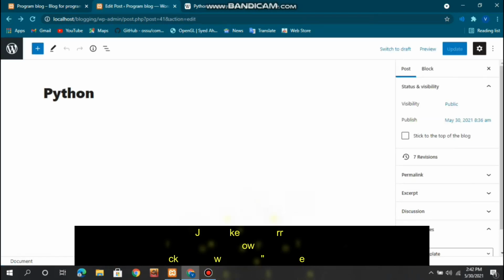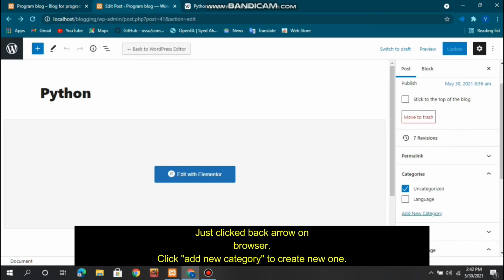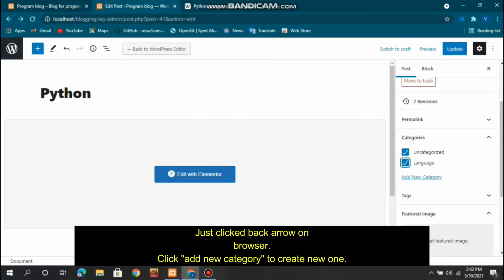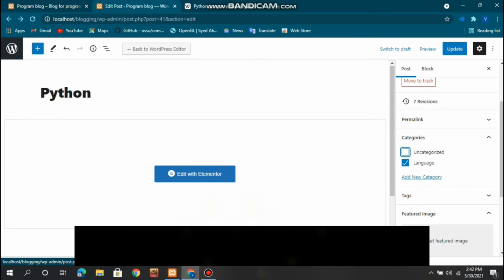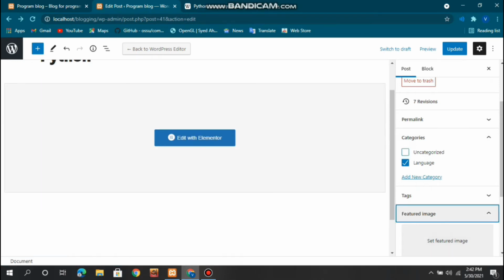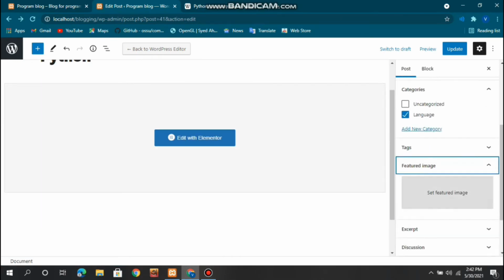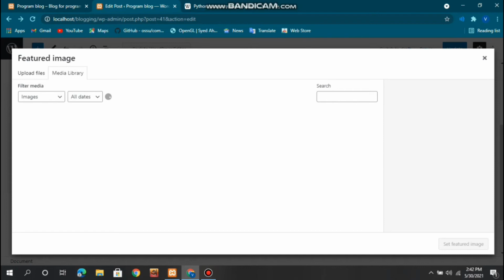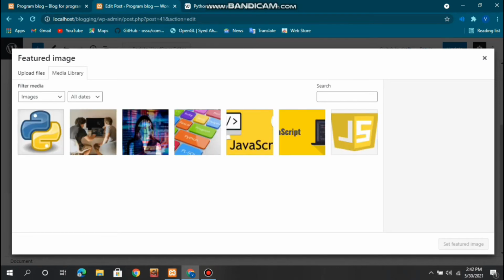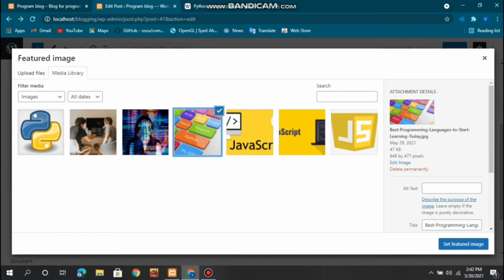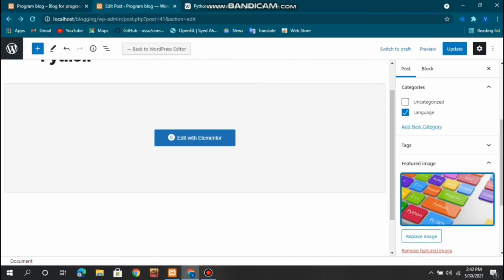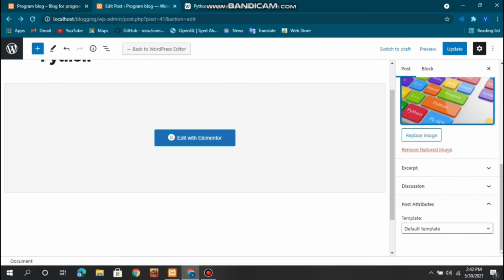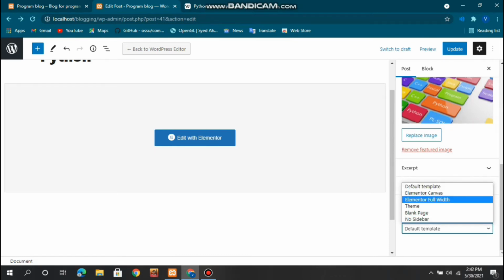Now in this edit post I want to give a feature image, and I have created a category named language, and I have selected that category. In the feature image I want to give a feature image, so that the same picture as the JavaScript one shows here when we get to that blog page. Okay, I have chosen one here, and in the default theme I want to select this Elementor full width. That actually makes